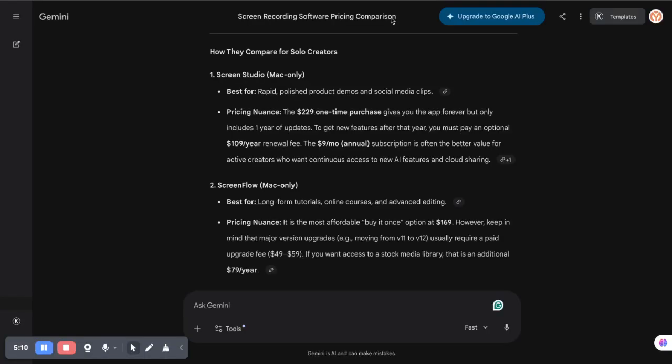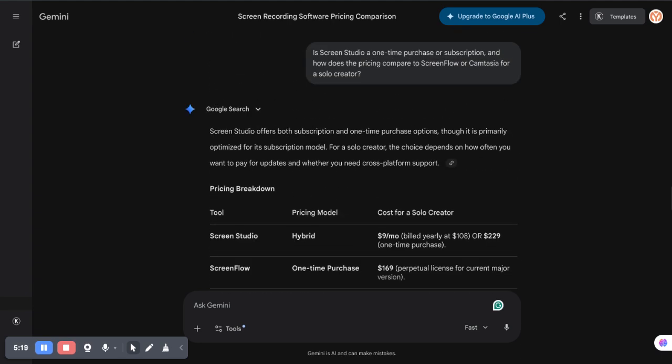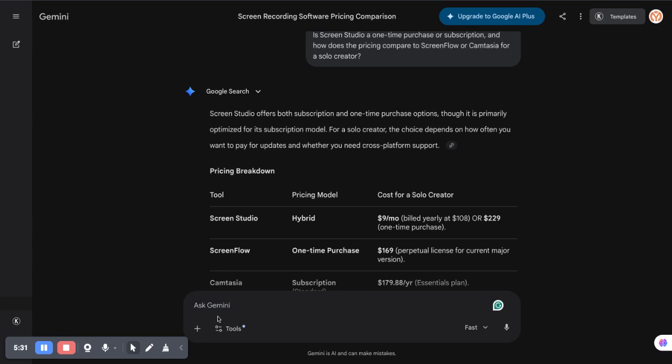Now this is also another one, and this leads us to where the potential issues might be for Screen Studio. For instance, you have: is Screen Studio a one-time purchase or subscription, and how does the pricing compare to ScreenFlow or Camtasia for a solo creator? Now you can see from here,